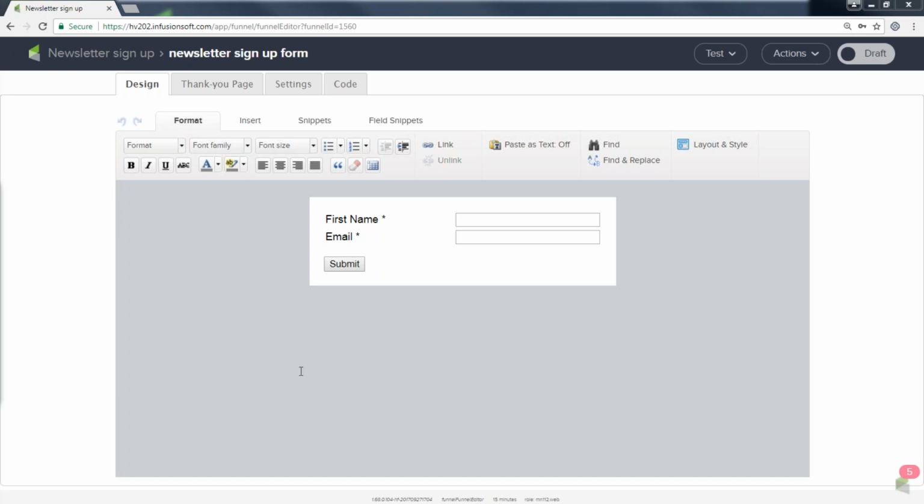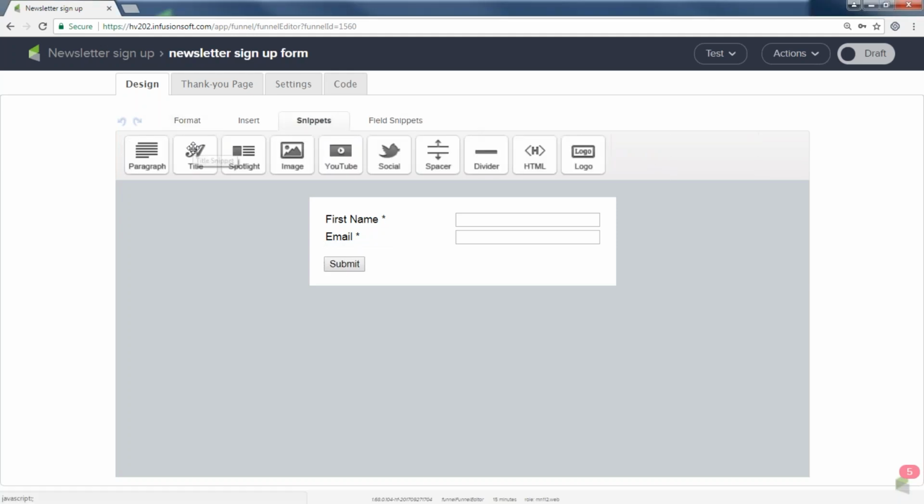There we go. When you open up the web form builder, it will automatically appear in default mode, and this is exactly what it looks like right here. And you get to add to it. You get to add content, you get to add a title, you get to add fields, and you get to change the button. So I'm going to add my title first by coming to Snippets, grabbing Title,